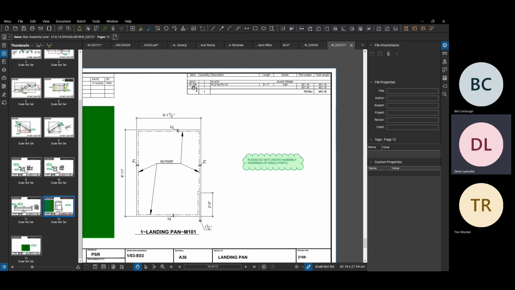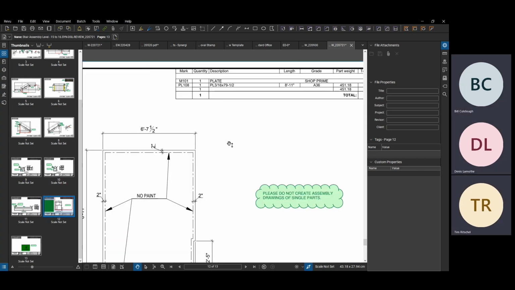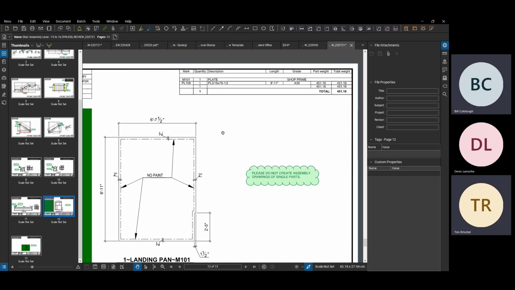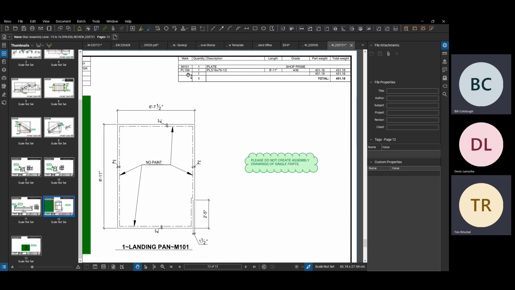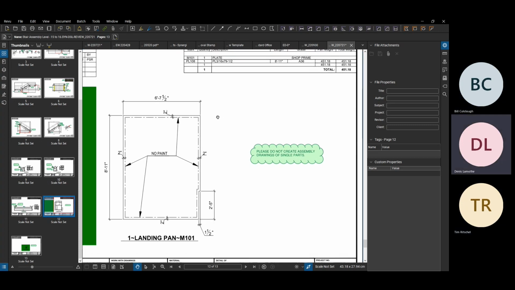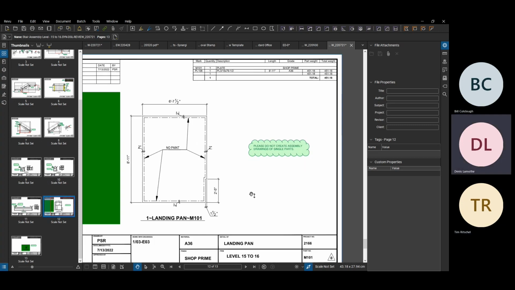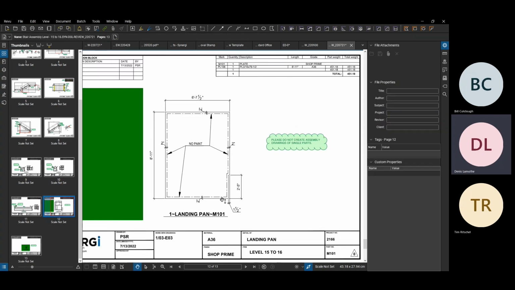And so that's your PL108 that might be up here. So that's truly what the drawing should be referred to as, the PL 108. Exactly. And everything downstream of that would be the PL 108. Right. Okay. So in this case, when I told them not to include this in the assembly drawings, it